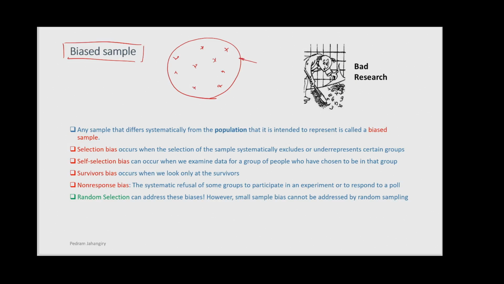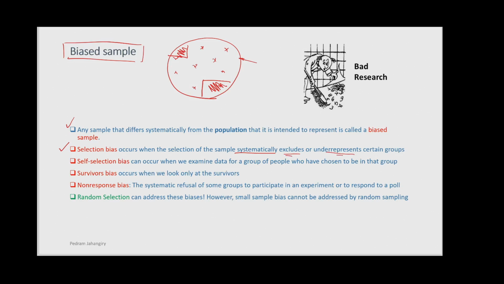But if my samples differ systematically from the population, so for instance, if I only collect information from this state, or from the East Coast, West Coast, whatever, if I'm collecting information like that, then my sample is going to be biased. So we call it a biased sample, right? Now let's see what types of biases we have. So the first one is called selection bias. Selection bias happens when the selection of the sample systematically, so this is key, it systematically excludes or underrepresents certain